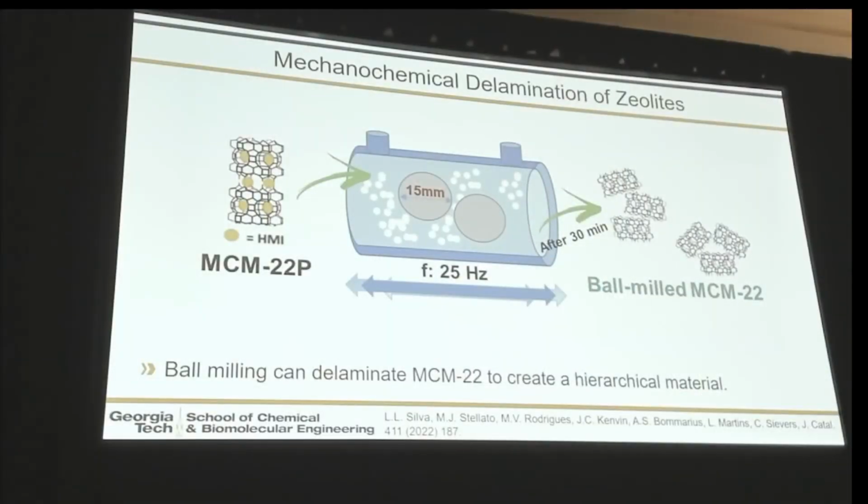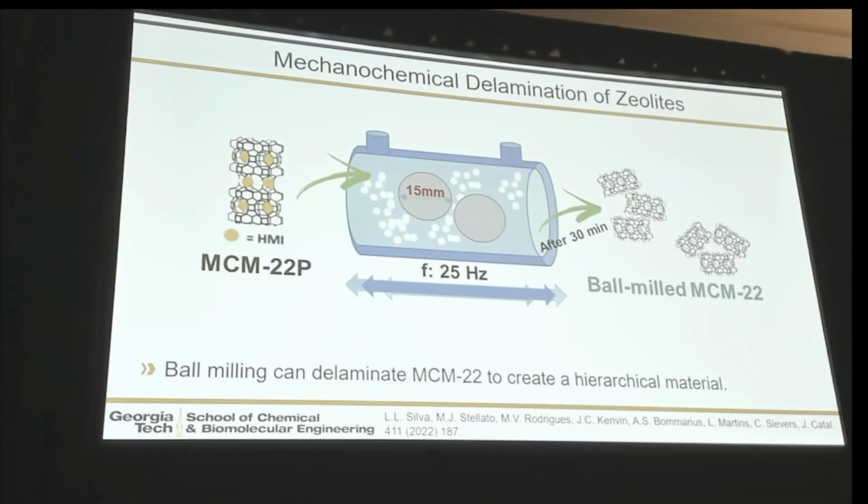To mitigate that, we turned to mechanochemistry as a way of laminating the near-C-line materials. We have an MCM-22 silver produced units. Then we put that to shear these layers against each other, separate them from each other, and create a hierarchical pore network with massive pores that can act as diffusional highways. This is very similar to how the cores where they